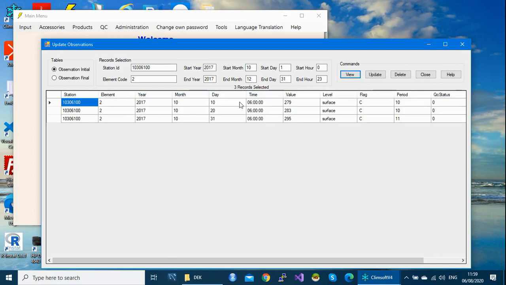So this one is for decade 1. This one is decade 2. This one is decade 3. And the flag is called CSAT mean cumulated. And then the period, this was 10, and this month is October. So that's it. You can also check for another parameter like minimum temperature, and when you view, you see it was imported. We have also precipitation. If you view, even your precipitation were imported successfully.